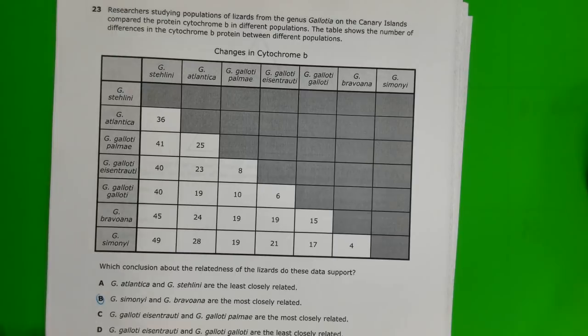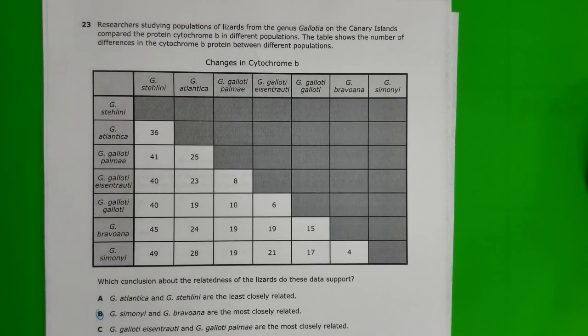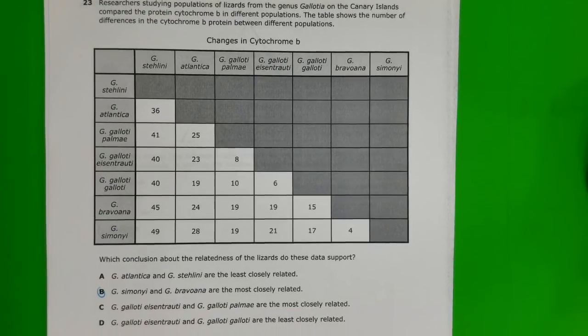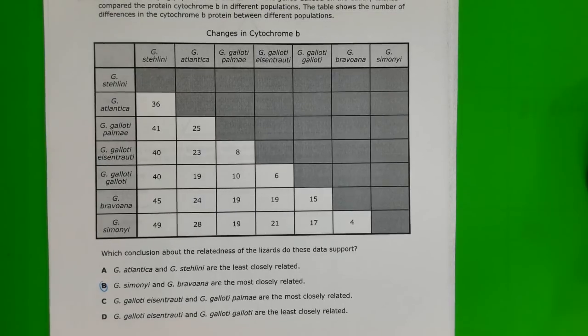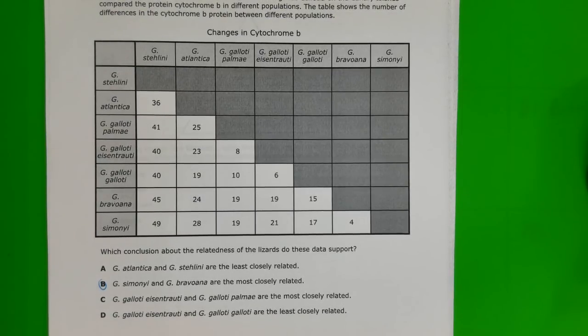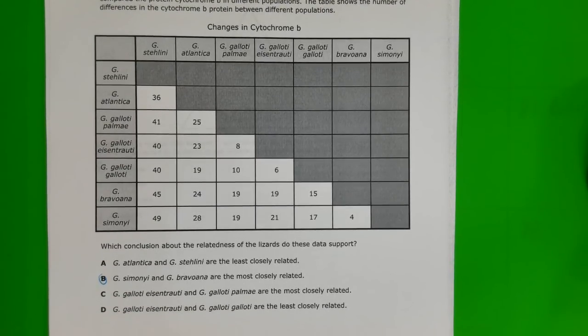23 says researchers studying populations of lizards from the genus Gallotia on the Canary Islands compared the protein cytochrome B in different populations. The table shows the number of differences in cytochrome B protein between different populations. The question goes on to state which conclusion about the relatedness of lizards does this data support? So when we're looking at this,